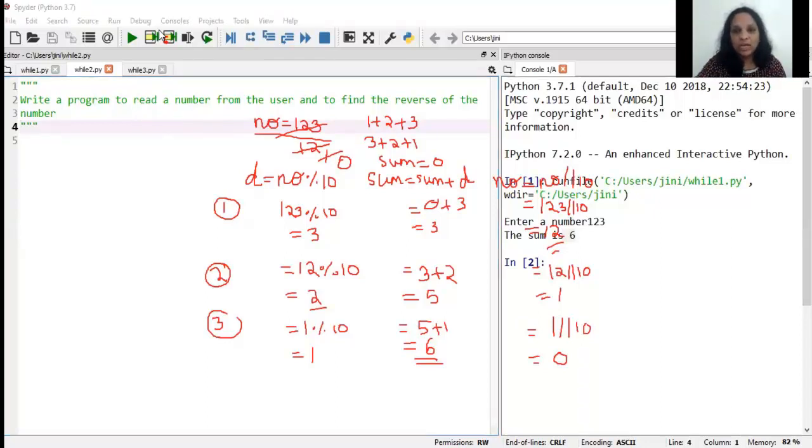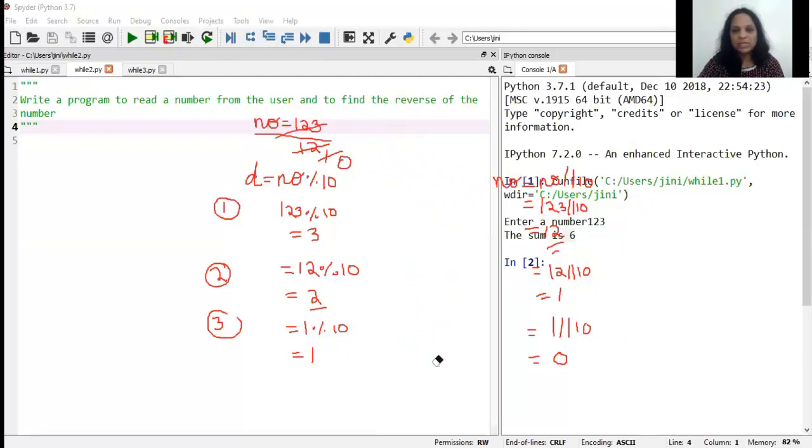But before that, I'll have to erase certain annotations, okay? So I don't need to do the entire thing again, because I know, do you understand? I don't want to find sum, I want to find reverse, right? Okay, now what is the formula for reverse? Reverse formula says reverse is equal to reverse into 10 plus D. And I'll tell you why all this is there, but let me just work this out and initialize reverse to 0.